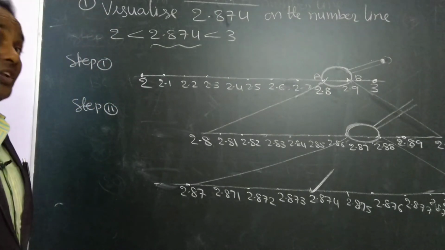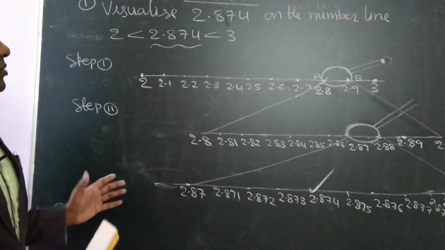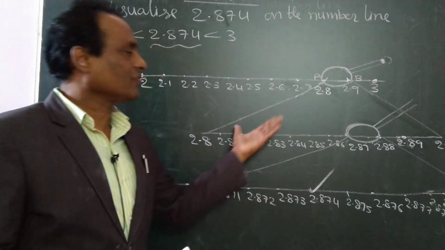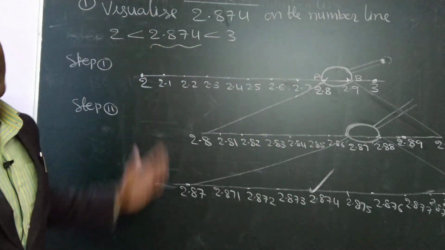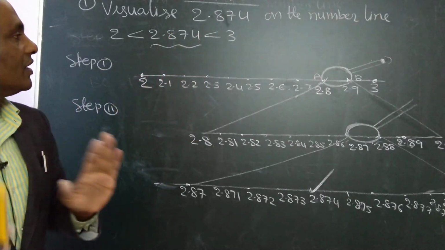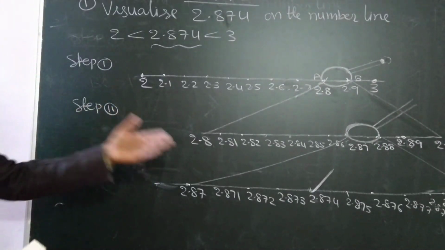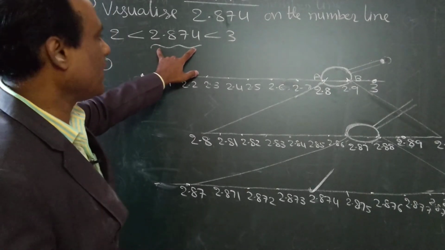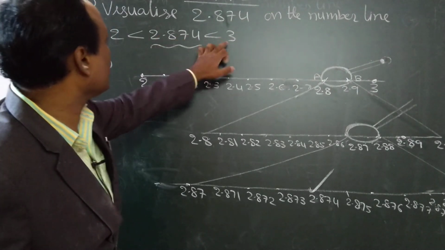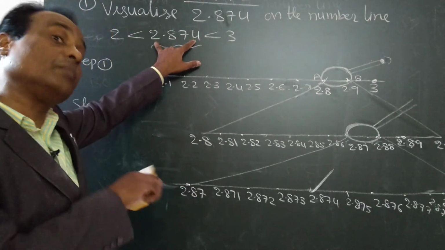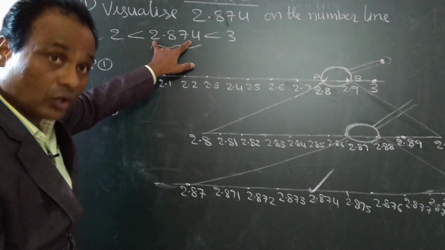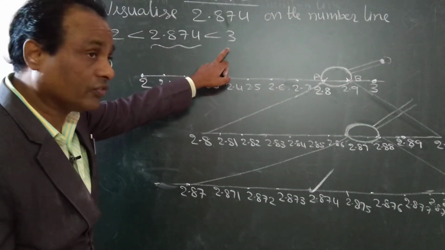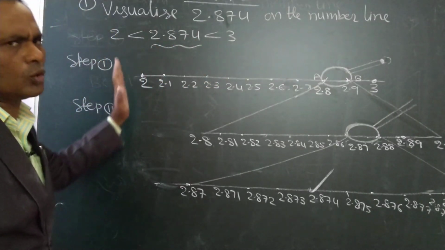So this is a somewhat new concept and difficult, because it is representing a decimal number. Easily we can represent whole numbers, even fractions we practiced, but decimal numbers, even roots or decimals, are somewhat difficult. But I will explain. First you take 2 and decide this number lies between what? Is it between 1 and 2, between 2 and 3, or between 3 and 4? You see, 2 point something means between 2 and 3 only.